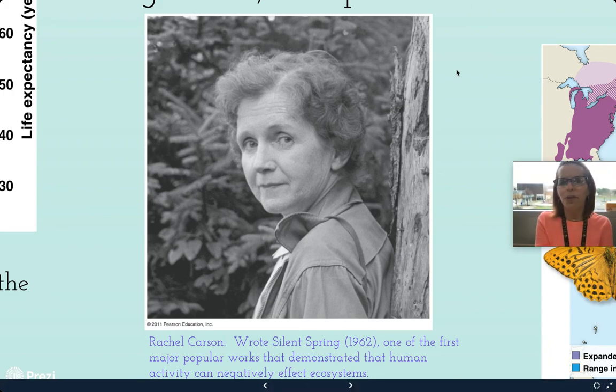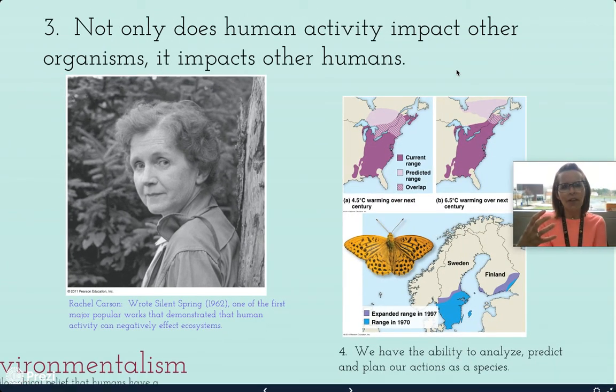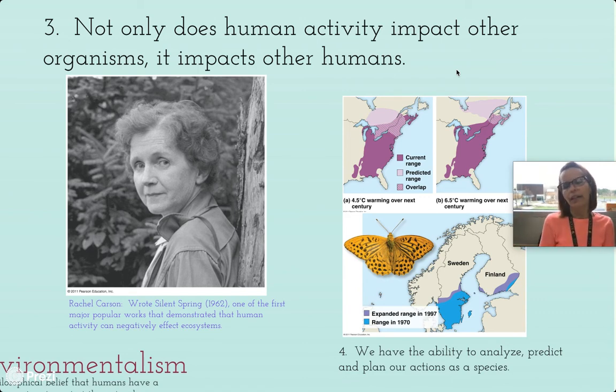So Rachel Carson was one of the first to connect what humans are doing and the impact that's having on our planet. And then this image here, and there's lots of other images. I wonder if I pulled another one up, just about what happens, for example, with global warming. As the planet gets warmer, where plants and animals can survive is changing. And so this diagram here is showing you the range of this particular butterfly and where they'll be able to